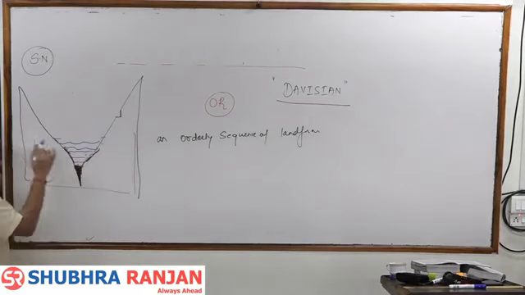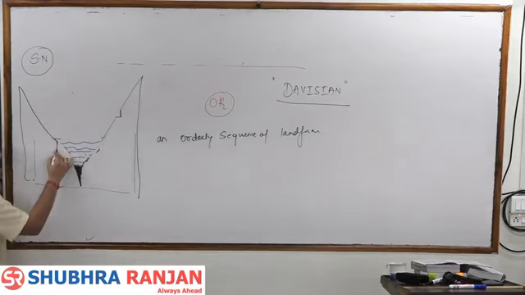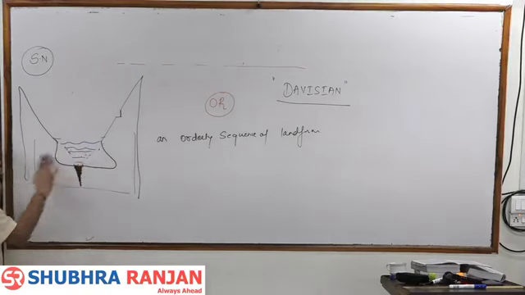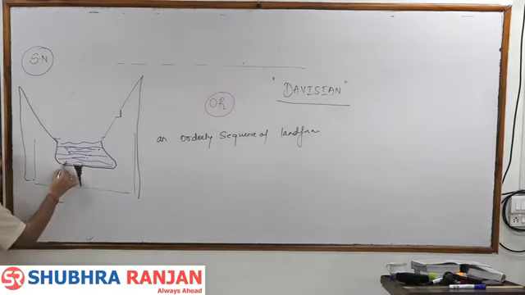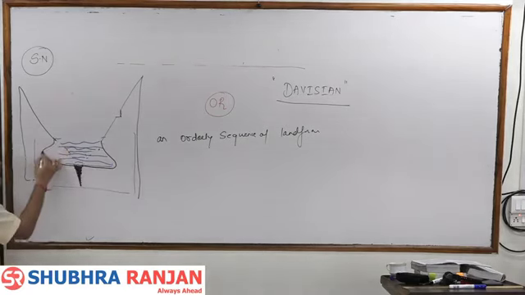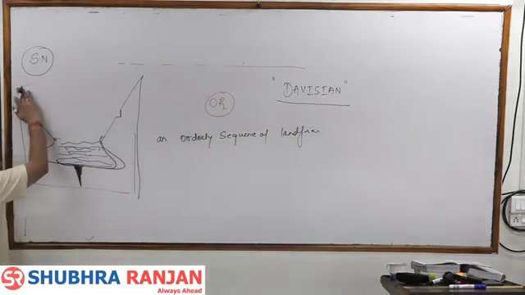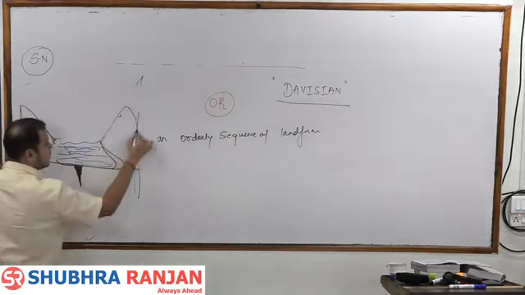Getting it? Because this landform is present in water, chemical reactions will occur. Now erosion won't occur. What will occur is weathering of the rocks. And because of weathering, the sides of this valley will be weathered or destroyed. As of now, you just remember, and thus the valley will become broad but shallow. Over the period of time, this height will keep on increasing, and where the river is coming from here, its height will keep on reducing, and the landform over the period of time will become smaller in height.